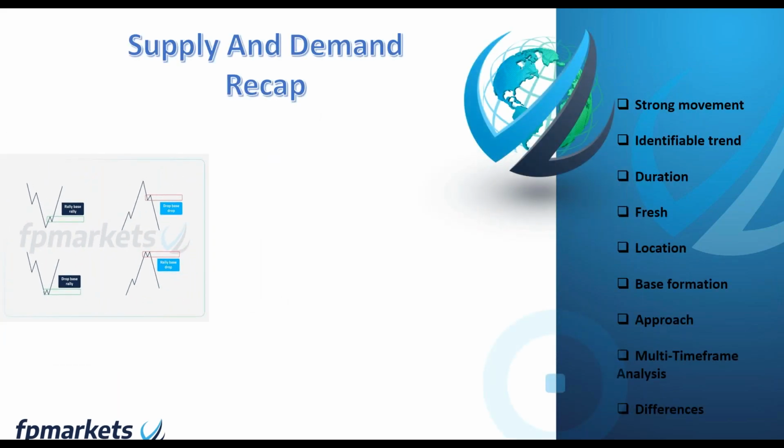So here the objective is to recap and go into a little more detail regarding the 9 points you see at this point here. I largely look at 8 of these points to validate a zone. The difference, point 9, is simply to identify the difference between support and resistance and supply and demand. Although others may have a different interpretation of this, I have always viewed supply and demand and resistance